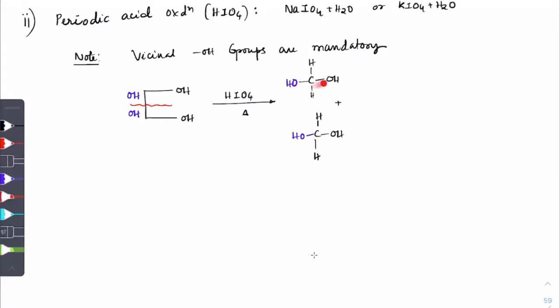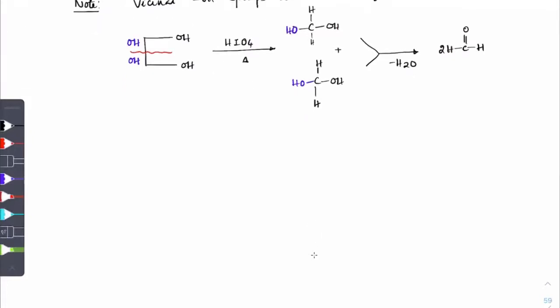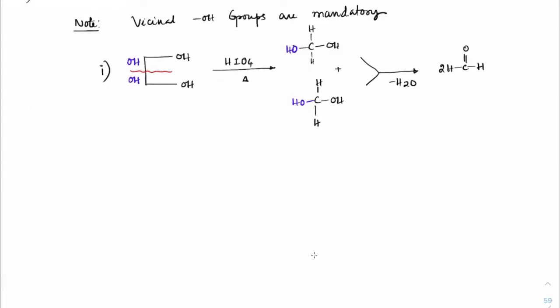And I told you two OH groups on the same carbon won't be stable. So both of these groups will release H2O to form 2 moles of HC=O with H. Further oxidation doesn't take place, which means it will stop only at aldehydes or ketones. Clear? So just apply this technique. The mechanism you learn in the alcohols chapter. This is required as one of the reactions here; that's why I'm taking it here.